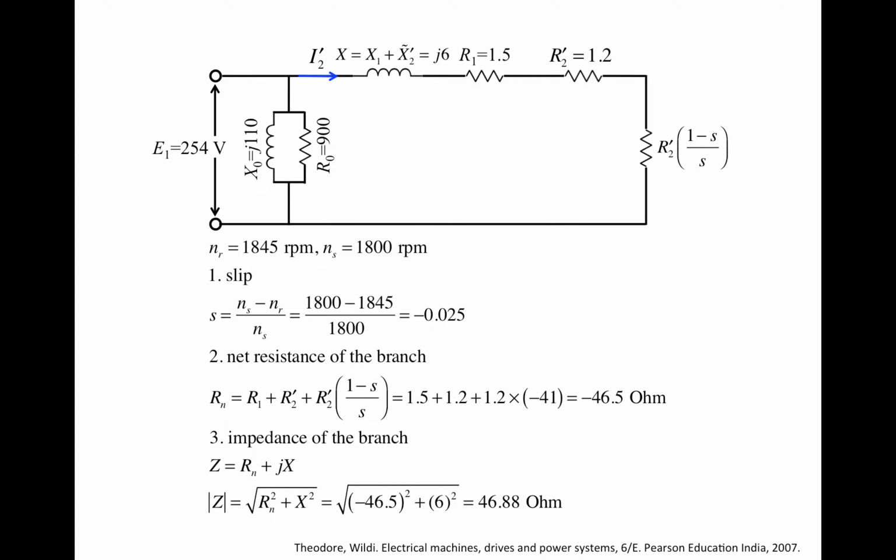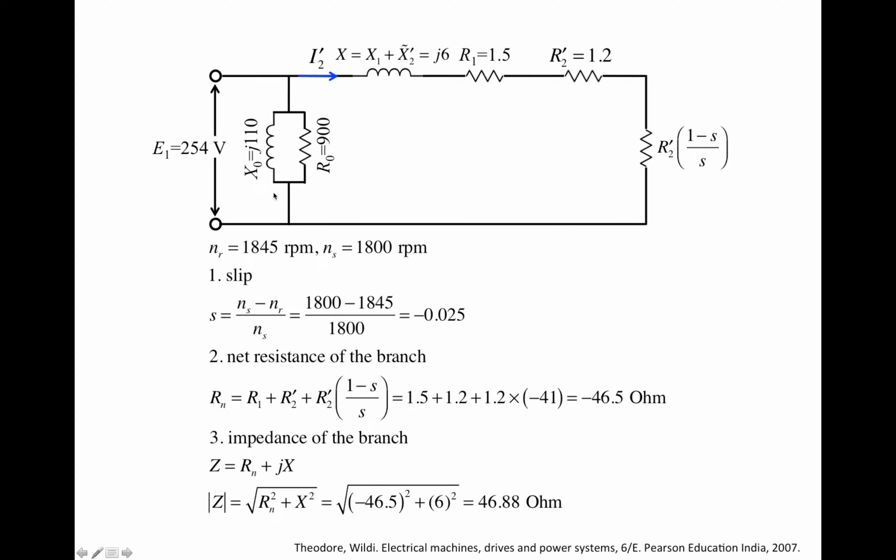So now let's look at a specific example that's adapted from this particular book, right? We are now using the induction machine as a generator. So this is the equivalent circuit of the induction generator, right? And if you take a look at the graph, we have combined the two inductors into one. So X equals X1 plus X2 prime, and it has a value of 6j. It's a complex number, right? That's the reactance of the inductor,